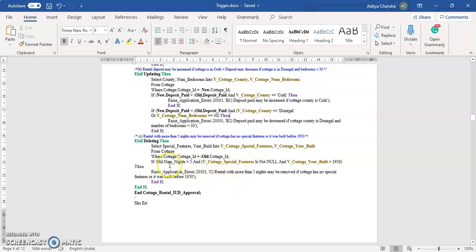And we check the condition. If the number of nights is more than 5 and if the cottage has no special features, like if the cottage special feature is not null, for example, if there is a special feature in the cottage and the cottage was built after 1950, if these conditions are true, then the trigger will raise an error and will tell you that